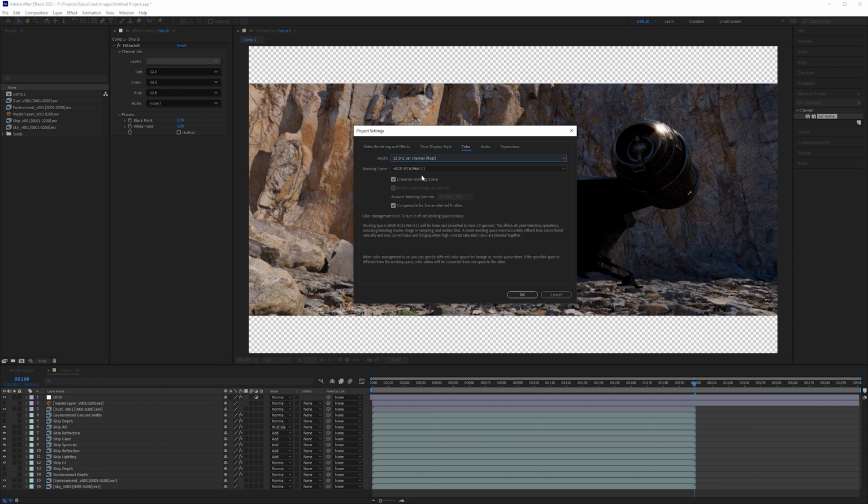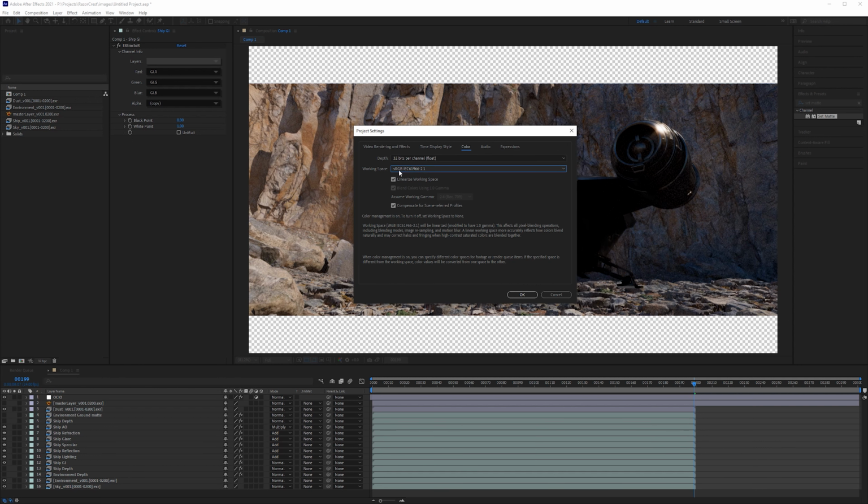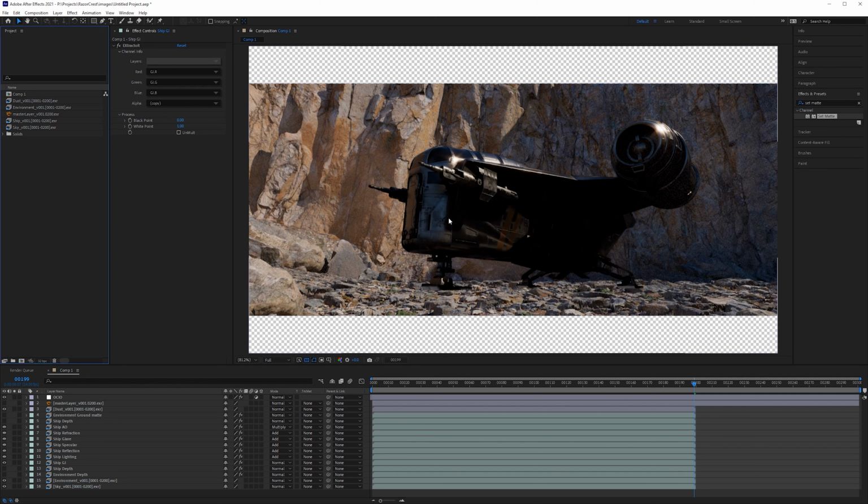bits per channel. Second one is the working space. Now, when I click, this goes way off screen on the second monitor, but you need to make sure to scroll to the top and make sure this says sRGB. And then the last thing is you must linearize. If you don't linearize, the entire thing will be incorrect. So all three of these settings are critical before we begin compositing. So this is something to double check.